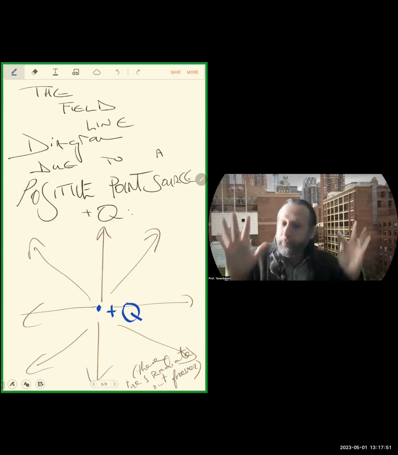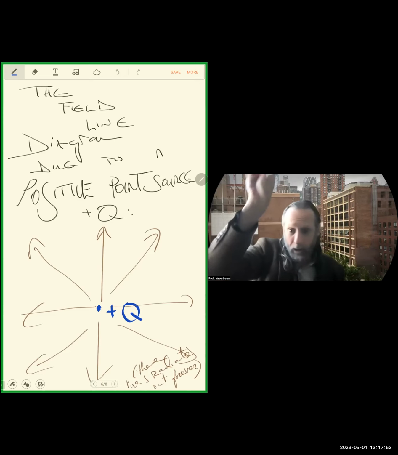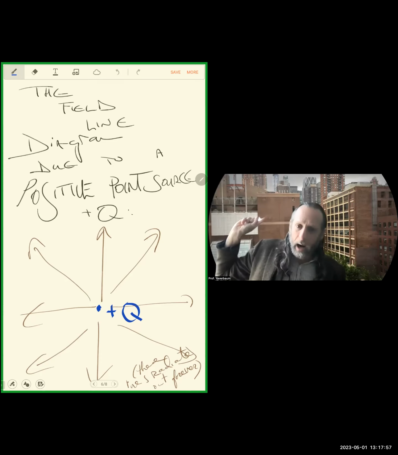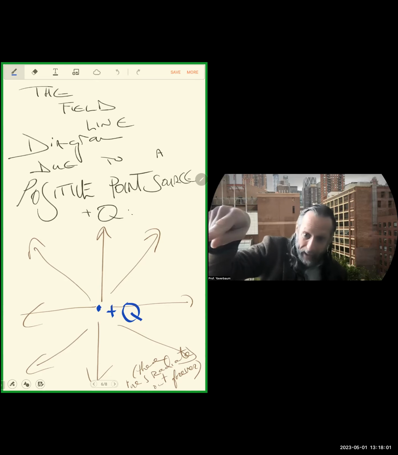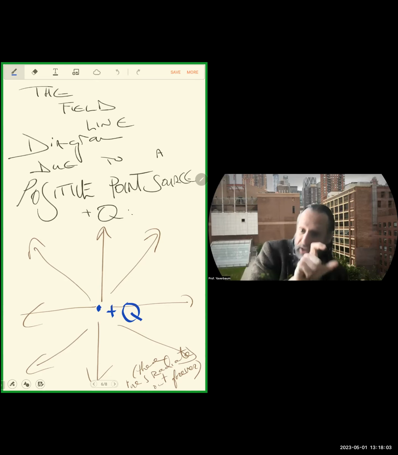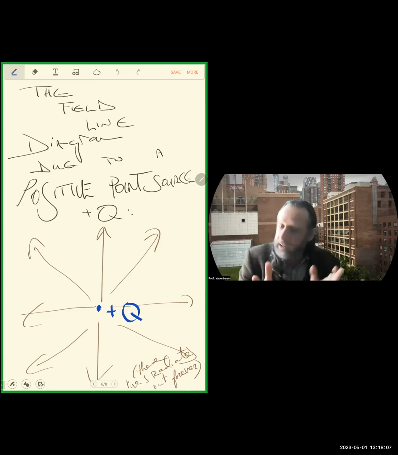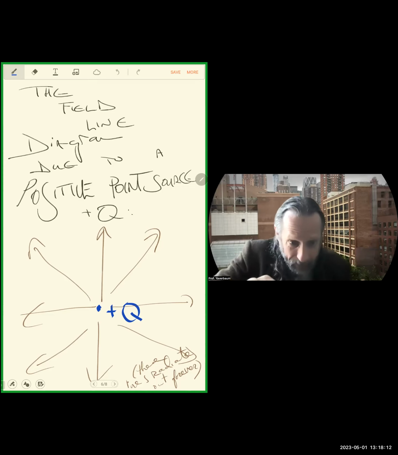So the more spread out a bunch of arrows are in a region on the page, the weaker we understand the field to be in the region of space represented by that page. If I were drawing these to scale, I would literally have a scaling factor. If I were rendering these on a computer, I would use a consistent scaling factor so that we could actually infer